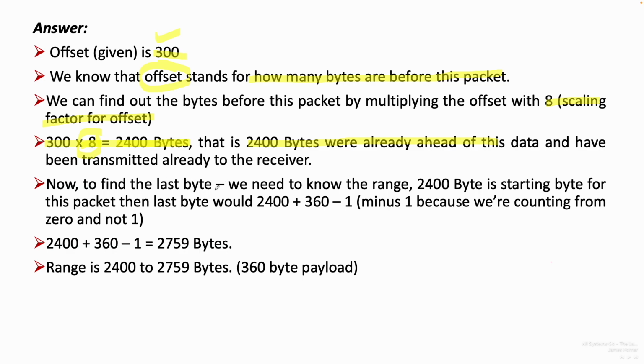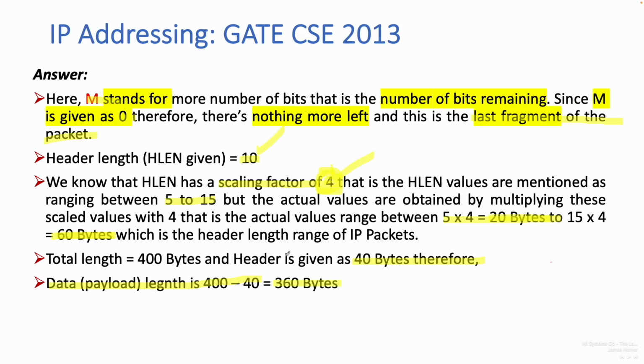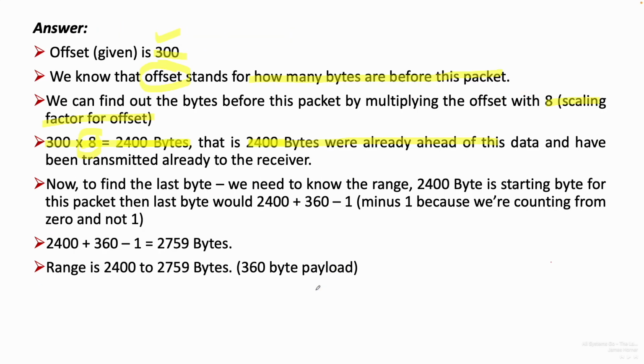Now to find the last byte sequence number, we had been asked what are the sequence numbers of the first and last byte. So first is your 2400, right? And the last byte of this packet we can obtain by adding the data to it. What is the data being sent in each fragment? 360 bytes. We have already calculated it here. So when we add 360 bytes to 2400, the answer is